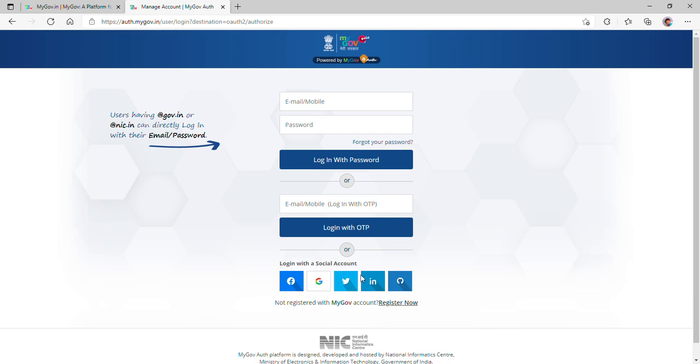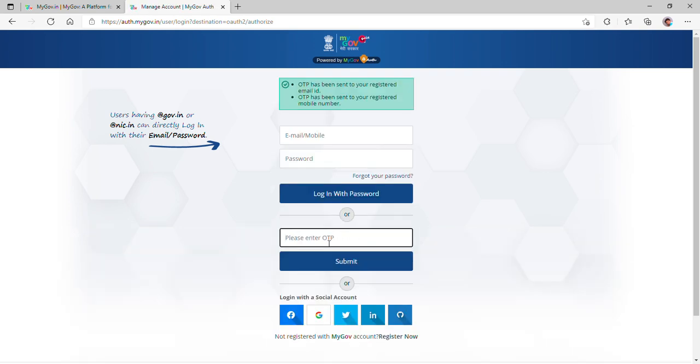Now you can see here, for example, I'm trying to type my mobile number, login with OTP. Now you can see one OTP I have received here. So in this way you can click here on submit. When you click the submit option here, you will be redirected to the quiz platform, or